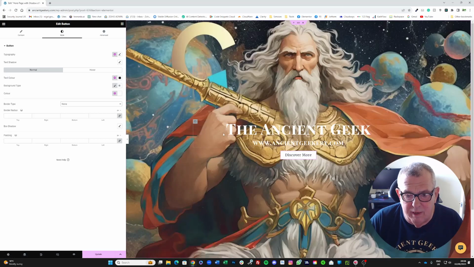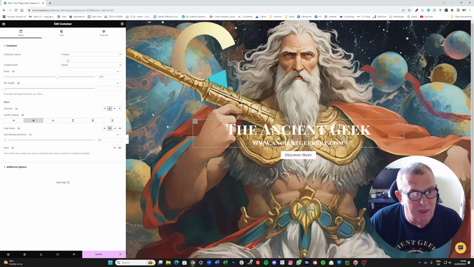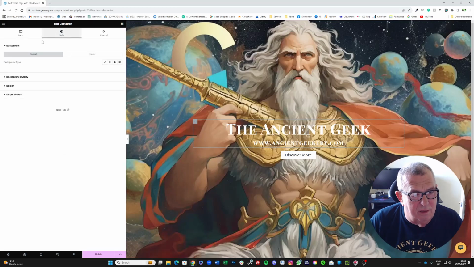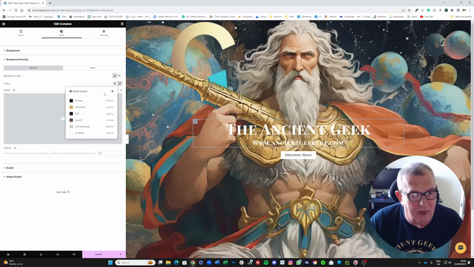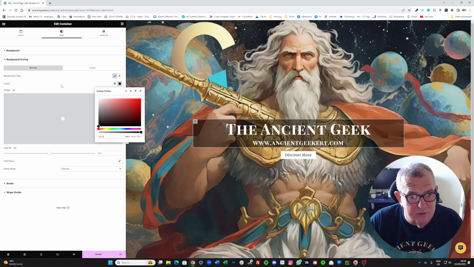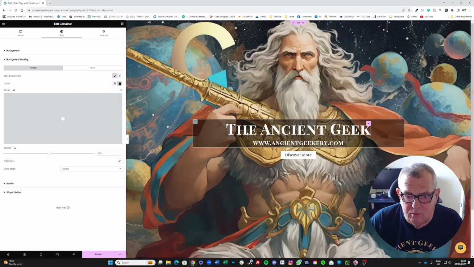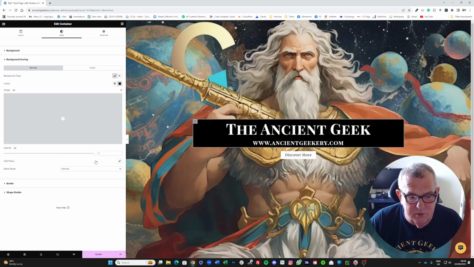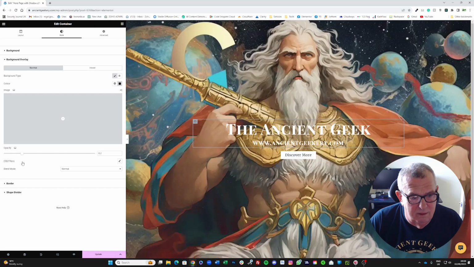Now let's look at adding the background. So I'm going to click on this container here, and I'm going to say style, background overlay, background type, and we're going to pick, I'm actually going to manually put in a black color. Any dark color will do, but we'll pick black here, like so. And there we go. That may be all you need, because it automatically sets the opacity at 0.5, but I can adjust that obviously up and down to get exactly the effect you need,